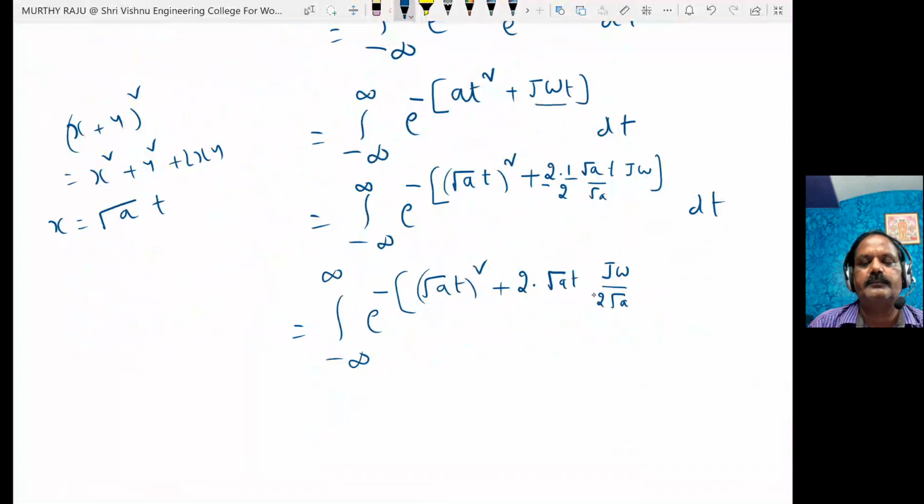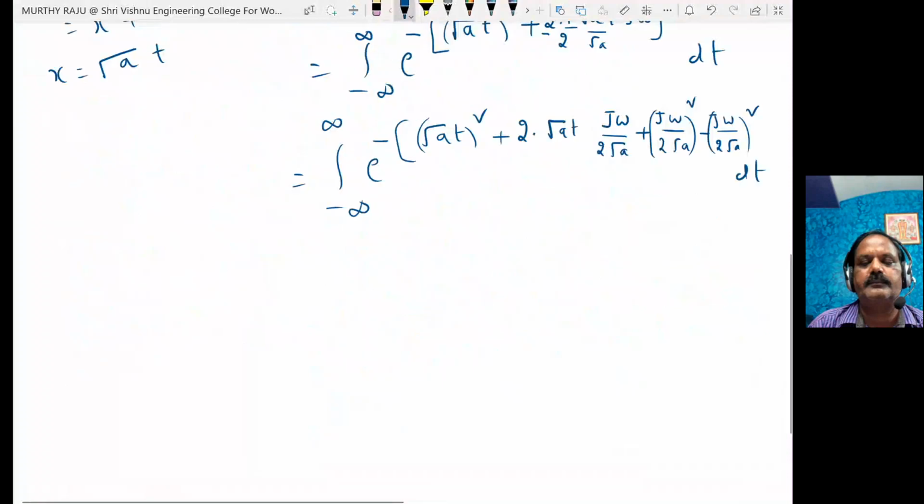But y square term is absent. Add and subtract y square term. That is j omega by 2 root a whole square added and subtracted. Add and subtract y square, minus y square. Here x plus